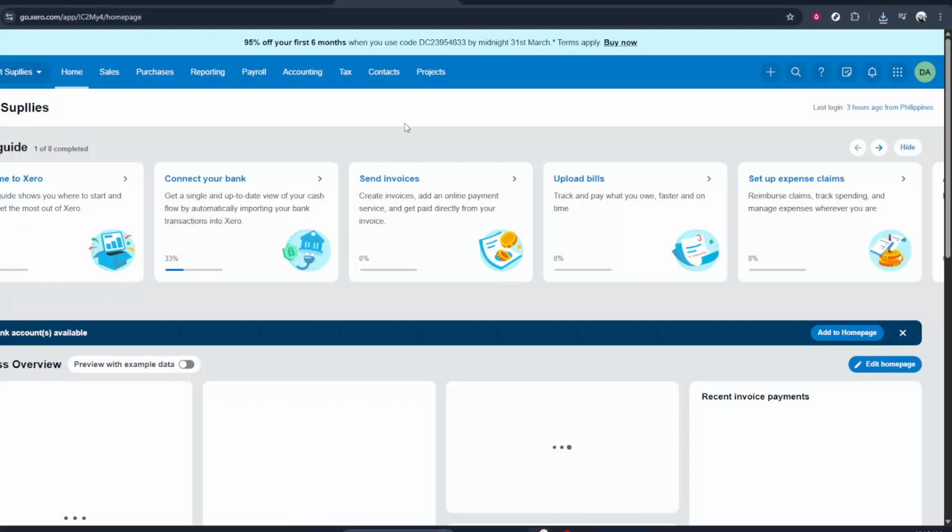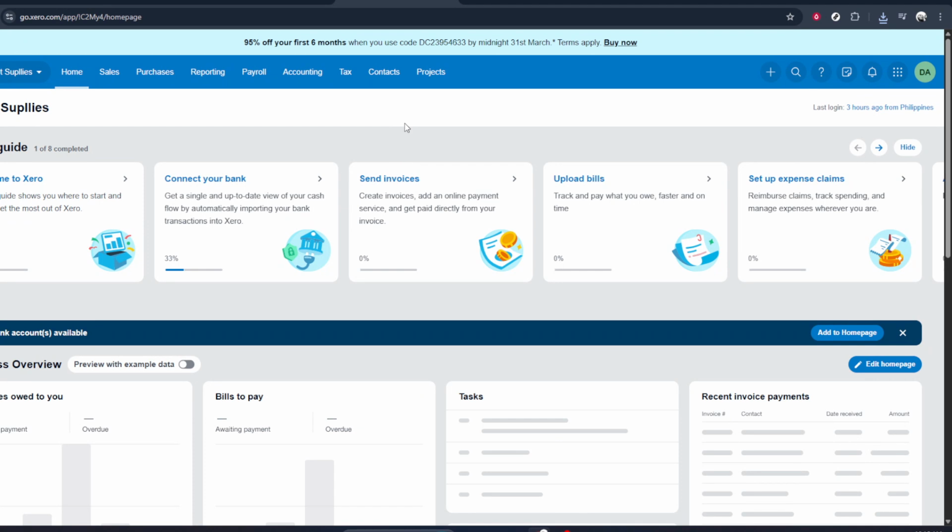In today's video, I'm going to teach you how to delete a bank rule in Xero. Bank rules can save a lot of time when you're reconciling your bank transactions, but sometimes those rules become outdated, incorrect, or simply no longer needed. In this walkthrough, I'll show you exactly how to remove a bank rule safely, and what to keep in mind